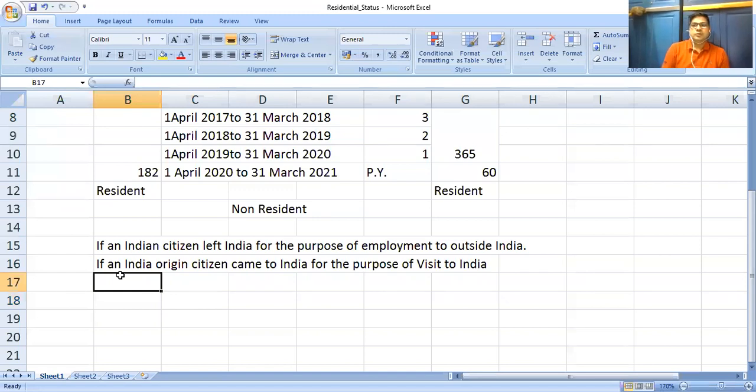Indian origin means what? The person who is living outside India in some other country, but he is of Indian origin. Sometimes what happens is your great grandfather left India and they are living in America, and now their grandsons are coming for a visit to our country. So we can say that they are Indian origin citizens. Many citizens are Indian citizens doing jobs and living in outside countries. So such Indian origin citizens, if they came to India and their purpose is a visit to India, such category